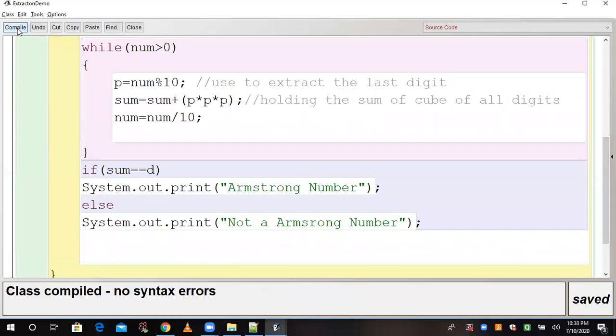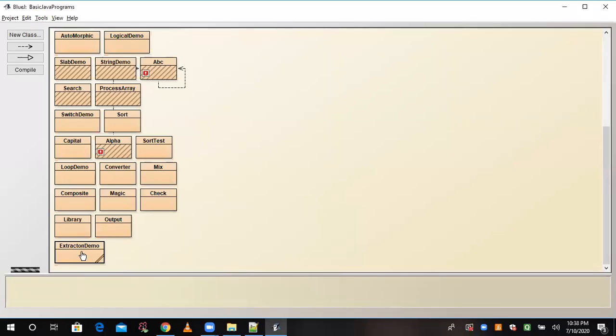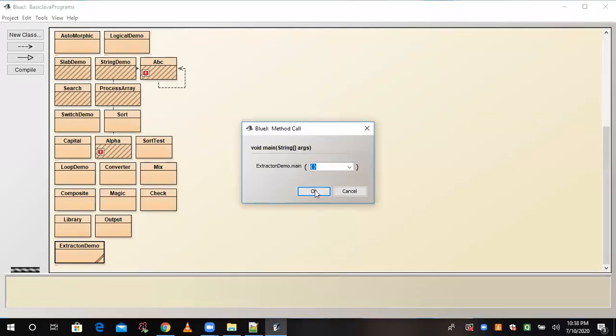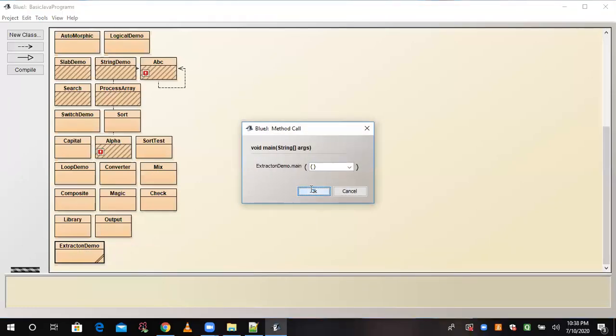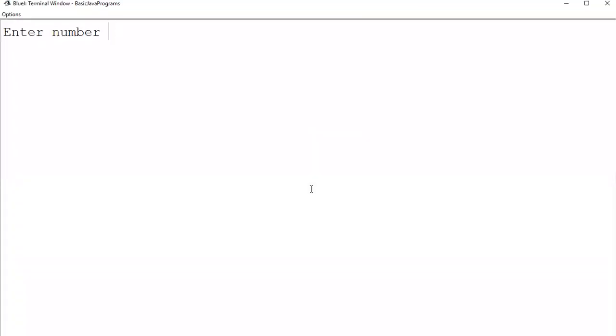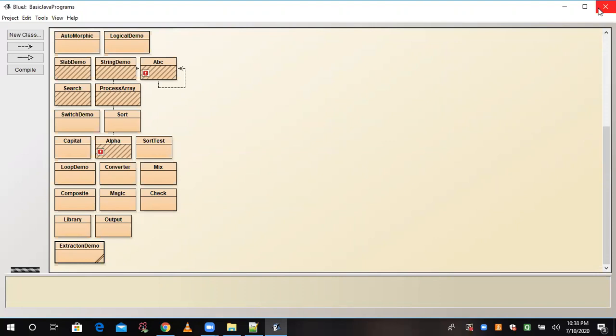After compiling, let us run it once. Then after that I will explain by dry run. Okay. Now I'm just typing some number, 153. Armstrong number. Okay. Just 1 minute. And again I am executing. What are the other numbers? Can you please reply? 371. Yes, it is an Armstrong number because we have tested this number. And also one more number, 1634. Just 1 minute. I'm just checking whether my program is working fine or not.